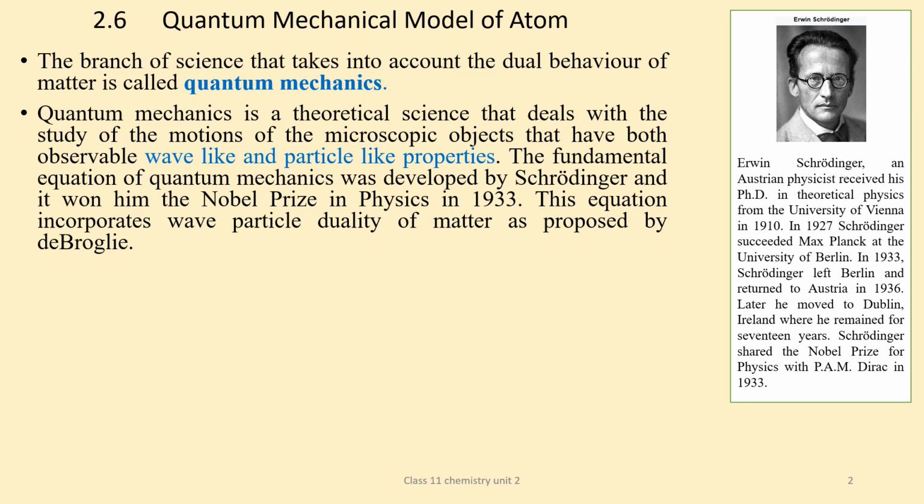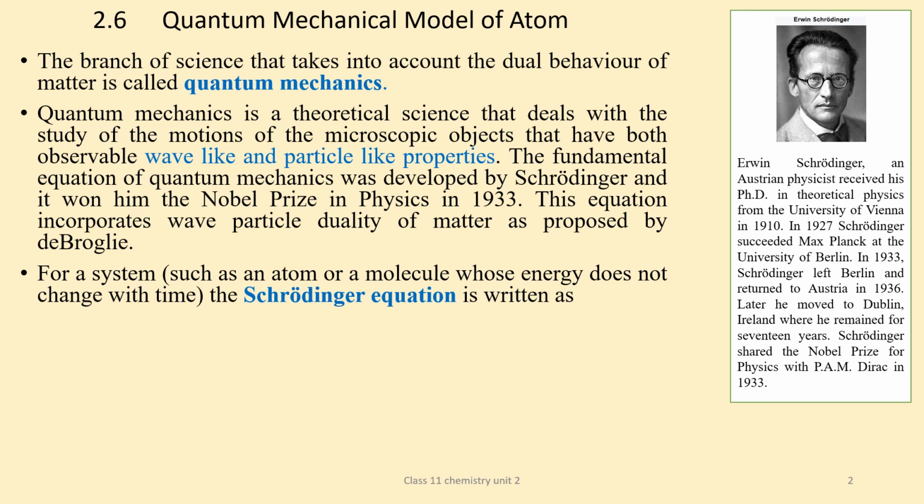Schrodinger shared the Nobel Prize for Physics with P.A.M. Dirac in the year 1933. The fundamental equation of quantum mechanics developed by Schrodinger incorporates the wave-particle duality of matter as proposed by de Broglie. For a system such as an atom or a molecule whose energy does not change with time, the Schrodinger equation is written as